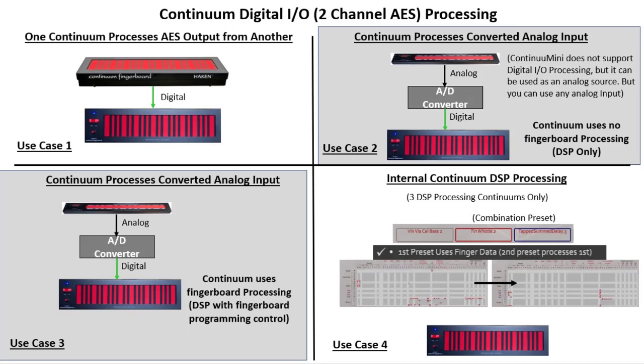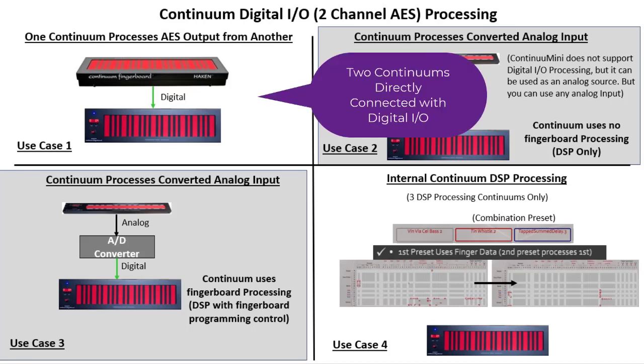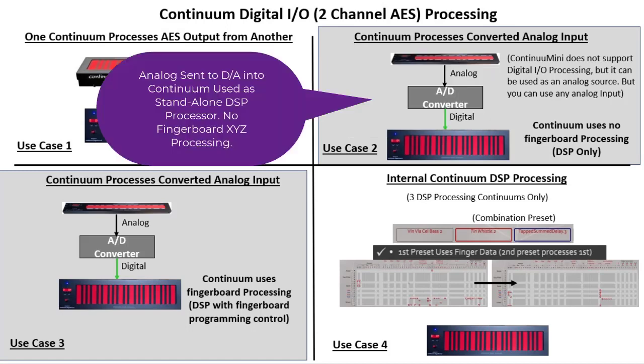Let's take a look at some of our options in terms of how we'll use this. There's basically 4 different ways that you can do this. If you have 2 Continuums, you can send the digital output of one right into the digital input of the other and manipulate the signal that way. You can have some analog source. Here, a Continuum Mini could be any analog source as long as you can get it into an A to D converter to convert to a digital signal to send into your Continuum, and then you can manipulate that analog